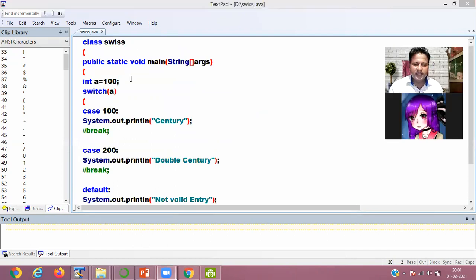So by passing a 10, it is matched with the case statement. Okay. So if your value is matched with the first case statement, then it is showing you century. So here I have passed 100. So now in the case statement 100 is matched, then it is showing you century.